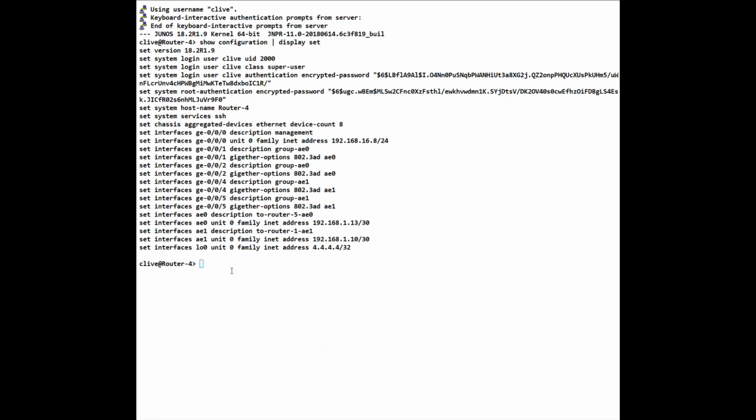We now move on to router 4, and again I've done a quick show configuration display set. Remember, this router is going to be between area 0 and area 6. Now initially we're going to put area 6 as a normal area before we turn it into a stub and then a totally stub. So the first thing we're going to do is set the OSPF on here. So we do edit and we do set protocols ospf area